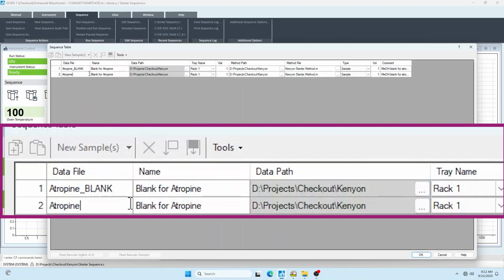But instead of atropine blank, I'm going to run the atropine here. And I'm going to remember to not put any special characters. If I want to do something like that, I can put it in the name. So for example, here, I can go ahead and put in,